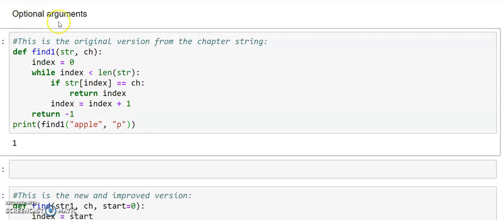The next topic is optional arguments. As we have already seen in many inbuilt methods, we will be having optional parameters. For example, the method which works on the string, that is the find method. It takes 2 parameters or 3 parameters. Based on the requirement, we can use it: the string and the character which we need to search, and also we can write what is the starting point the searching should start with. So in that way, we can write the optional parameters in the inbuilt methods.